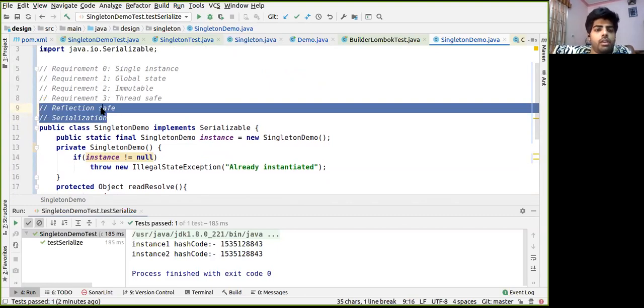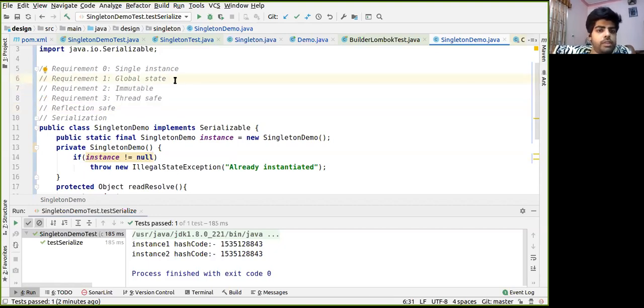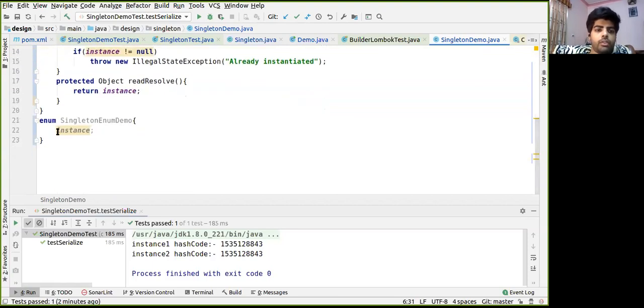Moreover, it is thread safe as well as immutable, as the instance is public static final already, and it has a global state as the instance is public. So enum is an ideal candidate for a singleton, and we can also have behaviors inside this enum.